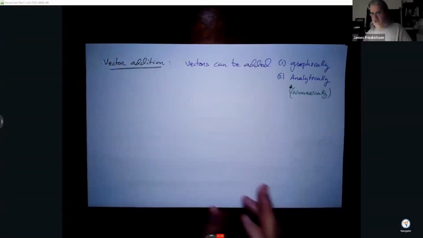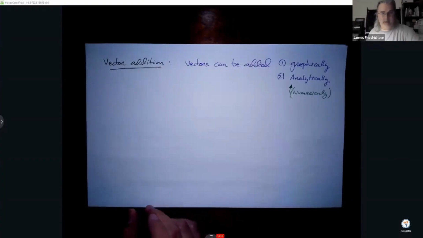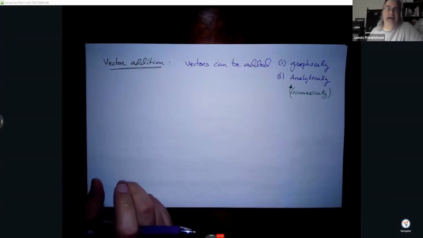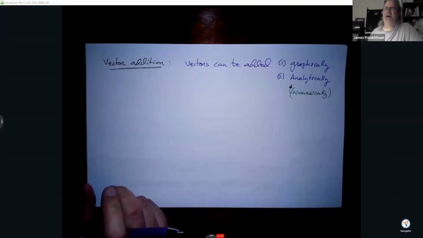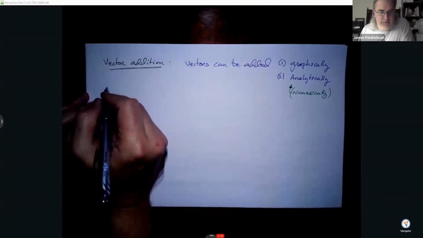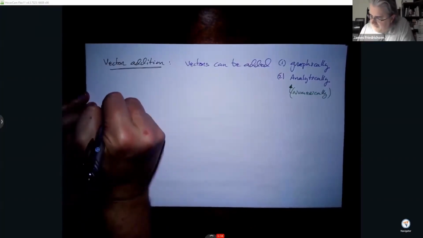And the ones that we generally prefer are the ones that extend to increase the number of vectors that are being added at one time and to not be limited in terms of how many dimensions you need to do your vector addition in general. So if we take a look at our graphic method for adding vectors,